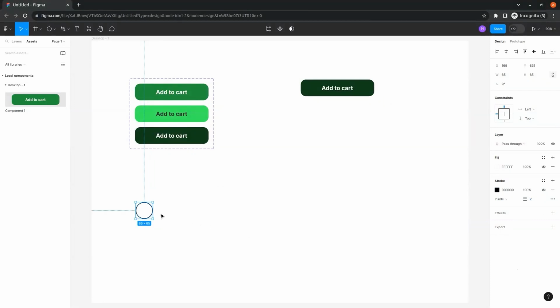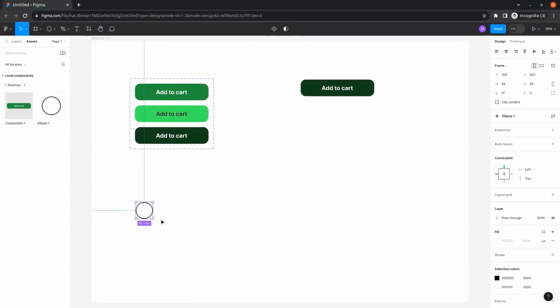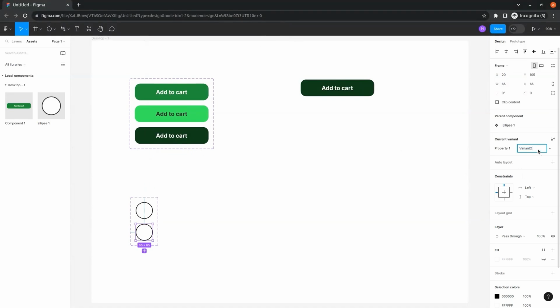So now our radio button is created, and next we can make it a component. We have to go to the top toolbar, and here we have an option, create component. If we click on it, we have the component created for the radio button. And let's add a variant to this radio button. We have to go to the top, and here there is an option, add variant, and we can give this a name, for example selected,